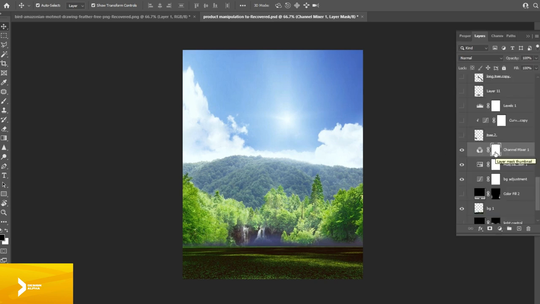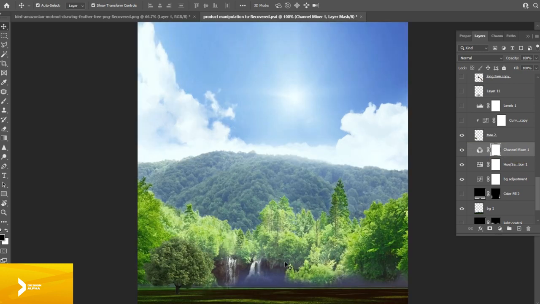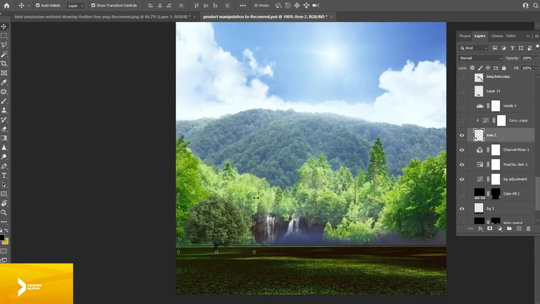Now, the next thing I did after doing this was to add our first tree at the back. Here it is. We added our first tree at the back. Now, looking at this tree, it doesn't really match with this particular shade of green. So what we're going to do, we're going to adjust and blend the tree so it can match with this